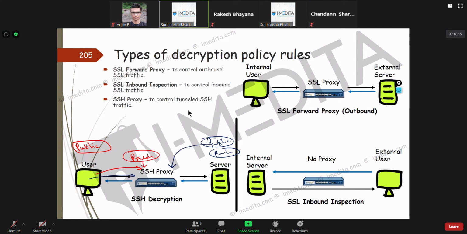When this user initiates an SSH communication, at that time the firewall intercepts the communication and initiates its own communication with the server. So basically, again, there are two SSH tunnels formed. One is from the firewall to the server, another is from the user to the firewall.